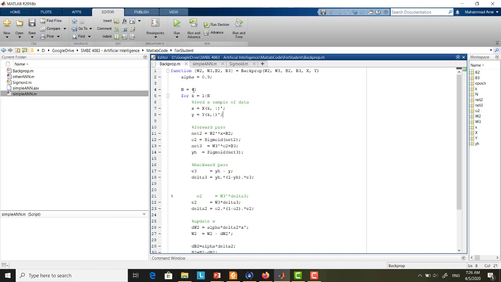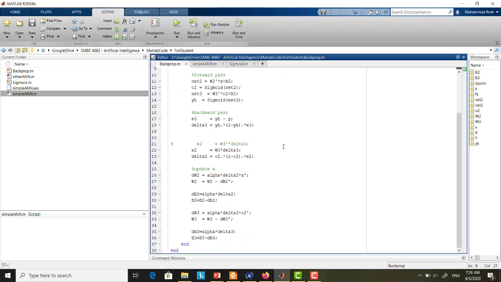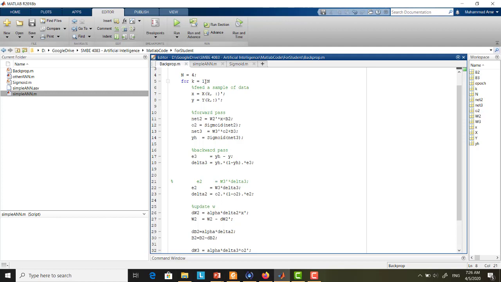Just a number of iterations. So this for loop represents 1 iteration. So again, as you can see, let's say you go to iteration number 1, k equal to 1. Once k equals 1, then you will do the feed the samples, and then you do the forward pass